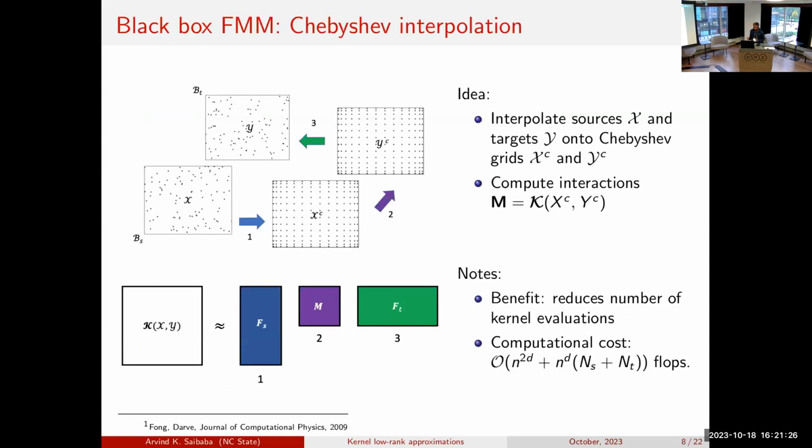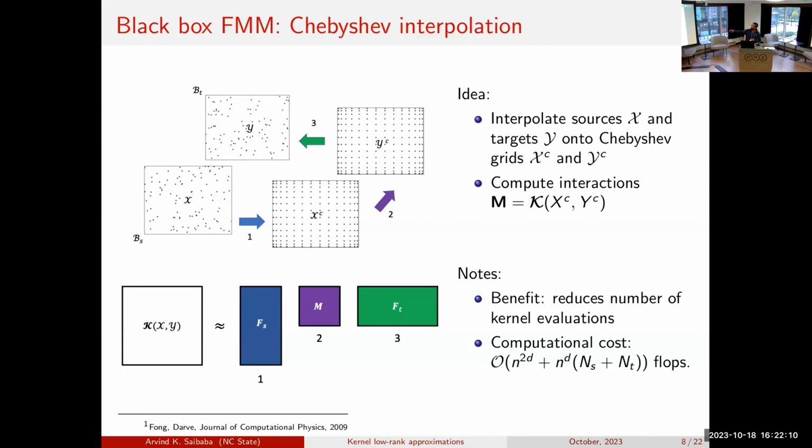Okay, so I have to convince you that it's a tensor problem. Perhaps it's wrong to look at a matrix problem because it's fundamentally a tensor problem. Okay, so why is that? Suppose I want to compute the pairwise interactions between the set of points x and y. What I do is I use Chebyshev approximation to interpolate these set of points to a set of Chebyshev points. That's represented by this blue factor matrix F sub S. And similarly, the target points Y, I also interpolate to the Chebyshev points using this factor matrix F sub T. And the middle matrix M computes the pairwise distances between these Chebyshev points, and that's far fewer than the number of original set of points. That's why it's a low rank representation.